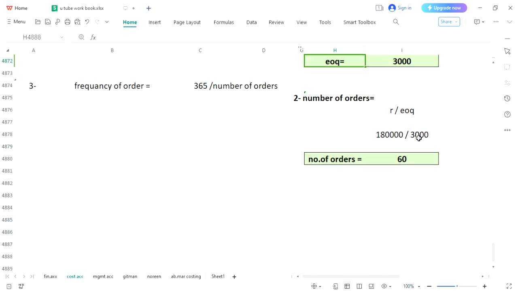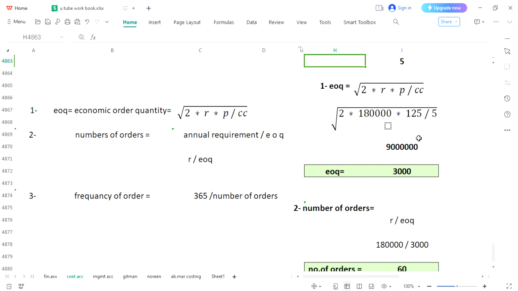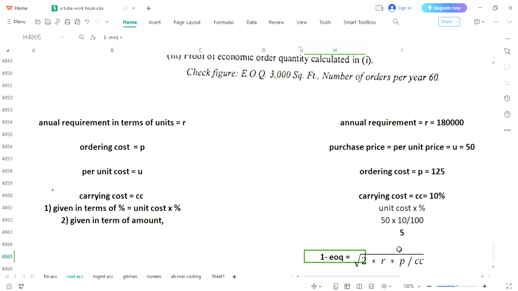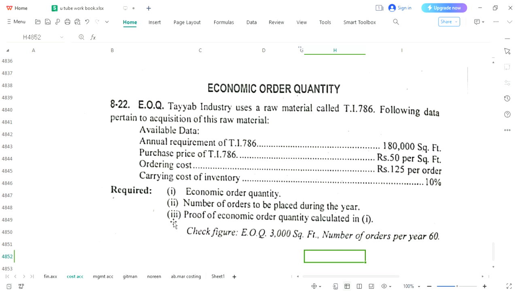So it's requested, please review this question. It's not that complicated, simple. You will have to put this formula, take amounts from your question, and finally you will get your answer. Number of orders, you should have the formula in your mind, R over EOQ, with which you will calculate your number of orders as well. But now let's get back to the question, and you have a third requirement as well,